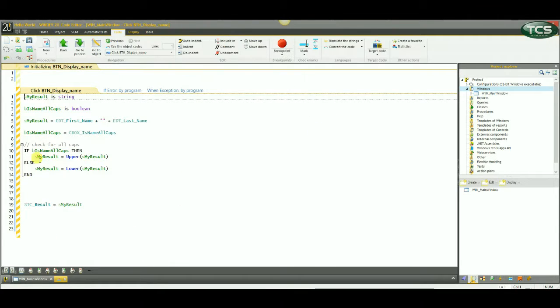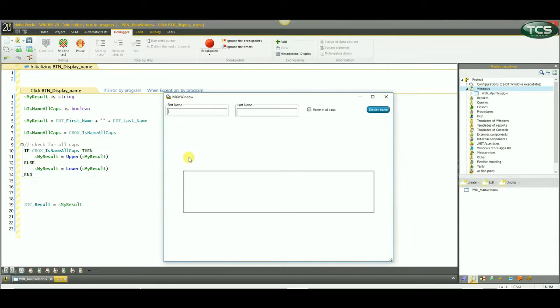Now, this is simply to show you how you can store a Boolean value in a variable. In this particular case, you don't have to do that. I could just simply say, you can just check the checkbox itself to see if it's true or false. You'll get the same results. So if we run that code,